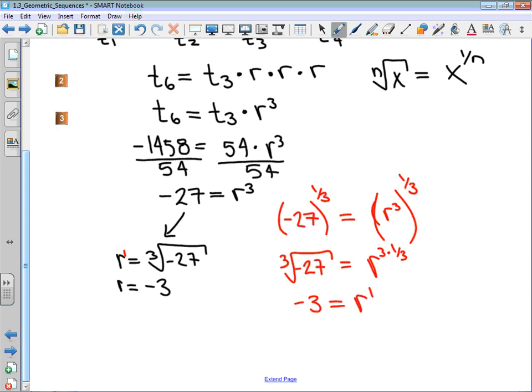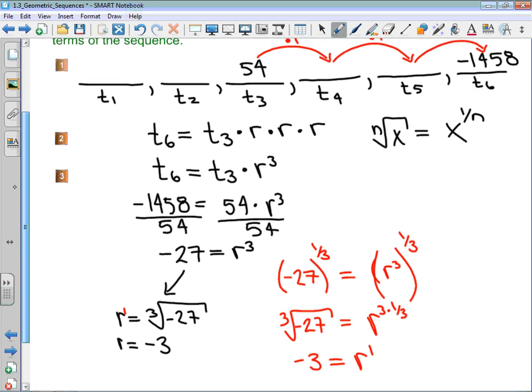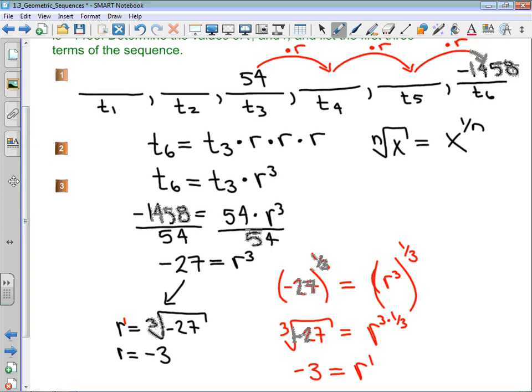Recognizing that radicals are just fractional exponents is a very, very important concept that we push a ton in Math 30, and we start to introduce it as well in Math 20, as you've just seen. So now we know that r is negative 3. Awesome. Now, if we wanted to, we could certainly triple check this, double check this, whatever you want to say,